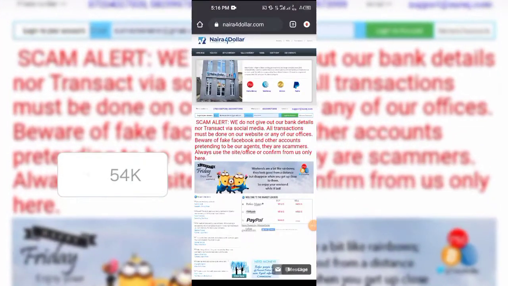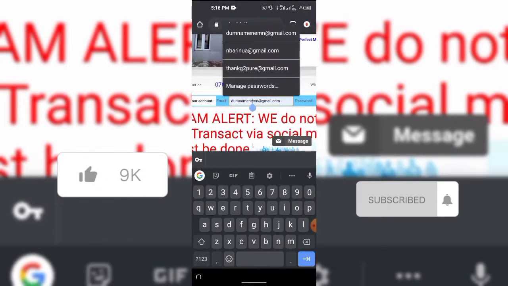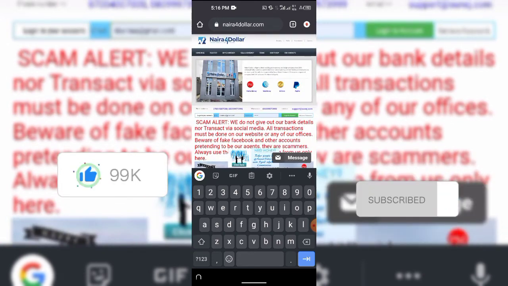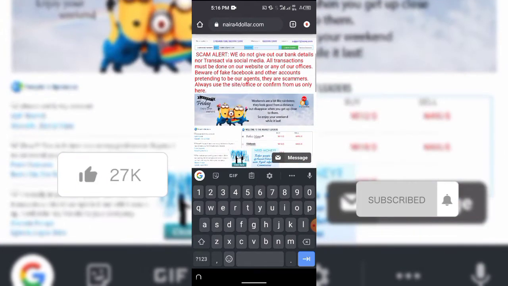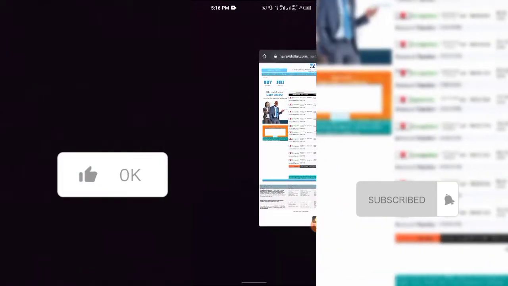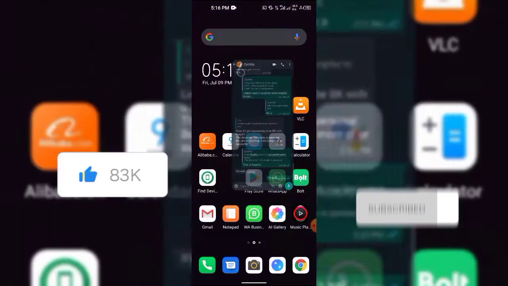So guys, okay, this is my Naira4dollar account. You can see the update that they did right here. You can see it right there. The logo is no longer the same, it has changed. So I have to log in right now. Now I've logged in, so what I have to do now is